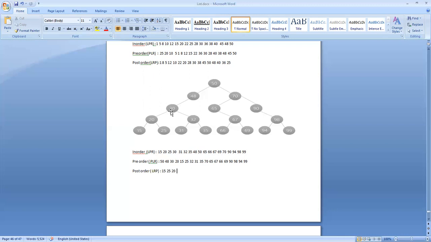So the left child of 30 is written. Now the right child of 30, that is 32. 32 is a parent. So the children should be written, 31 and 35. Then the parent 32. Now the parent of 20 and 32 can be written, that is 30.